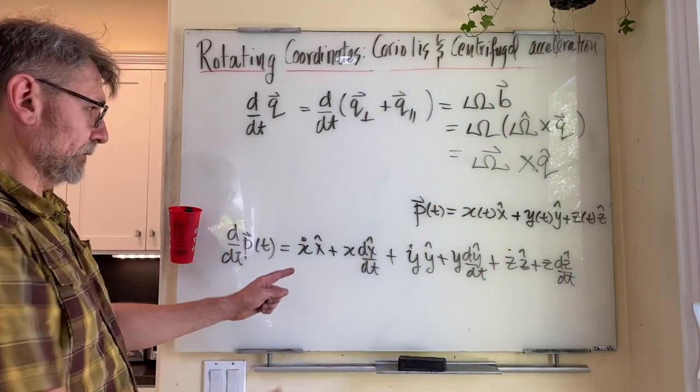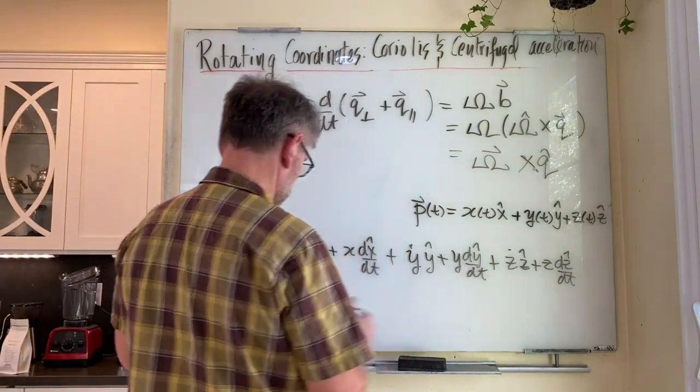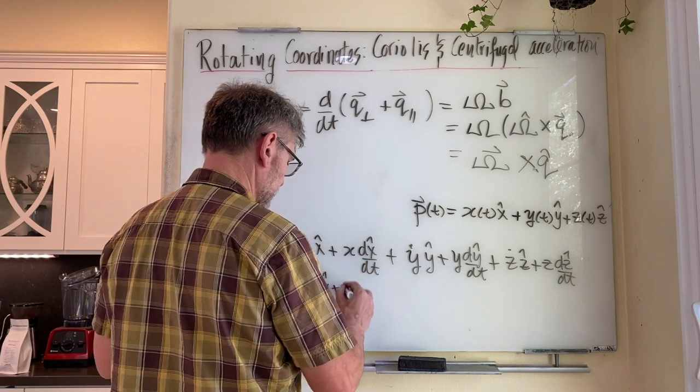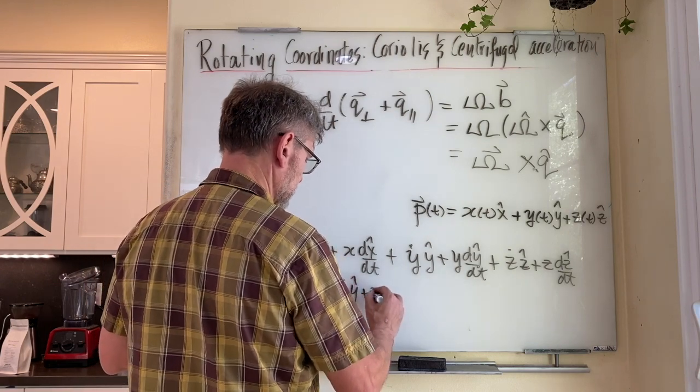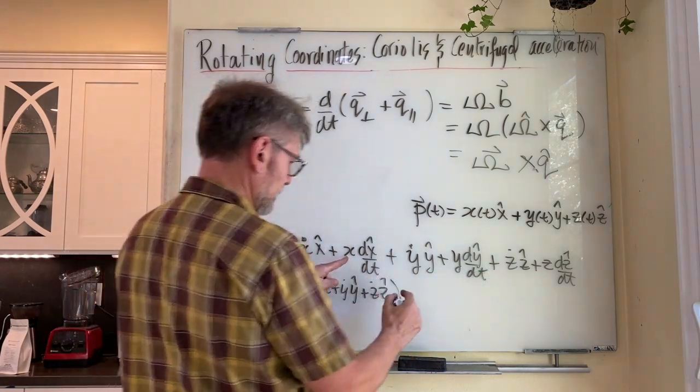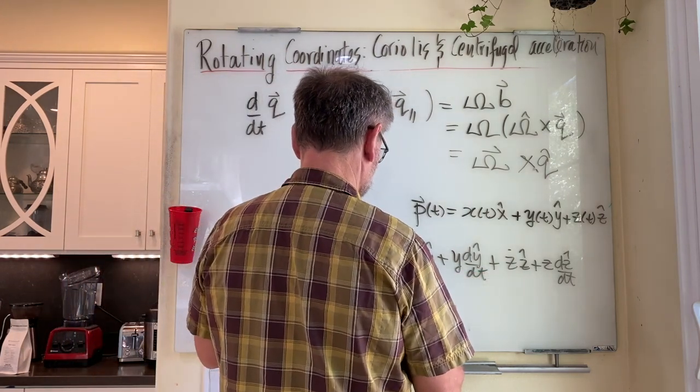And now I'm going to combine these three terms. So what I get is x dot x hat plus y dot y hat plus z dot z hat. That's this, this, plus this. And then these terms plus,